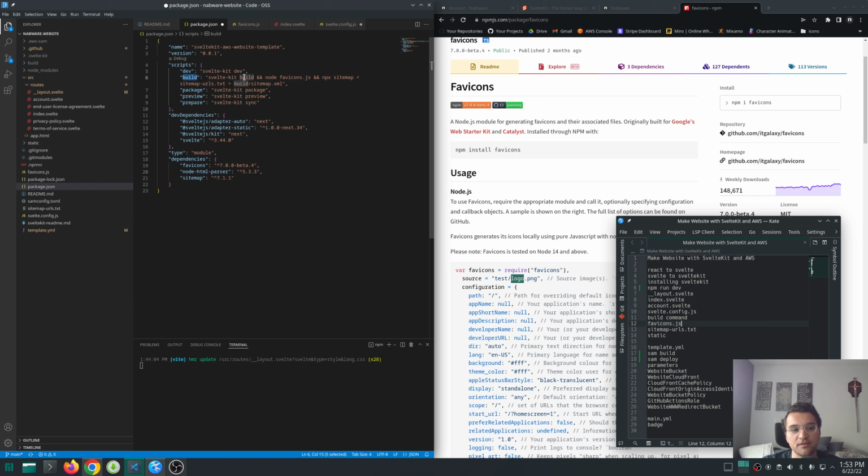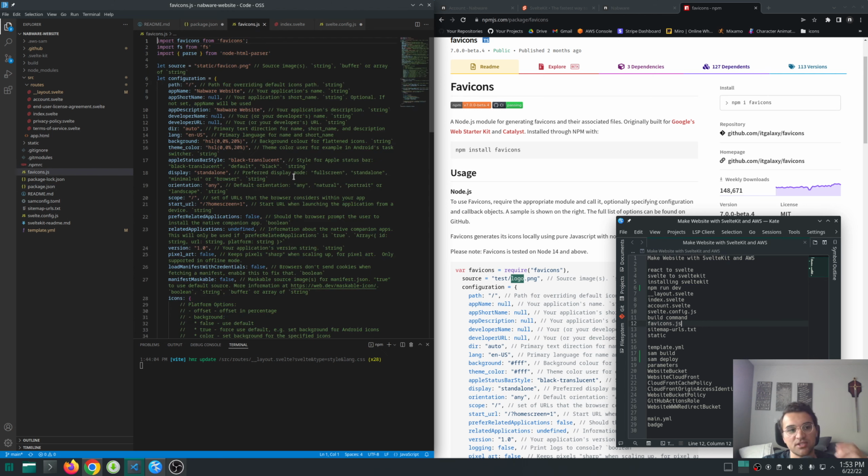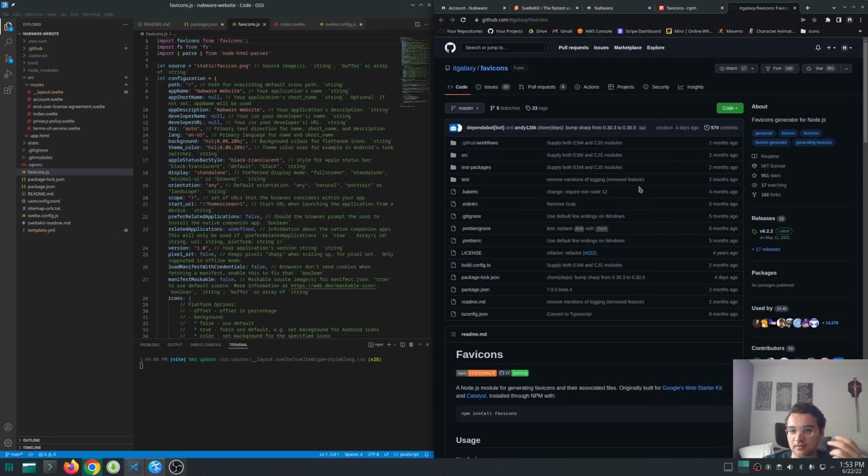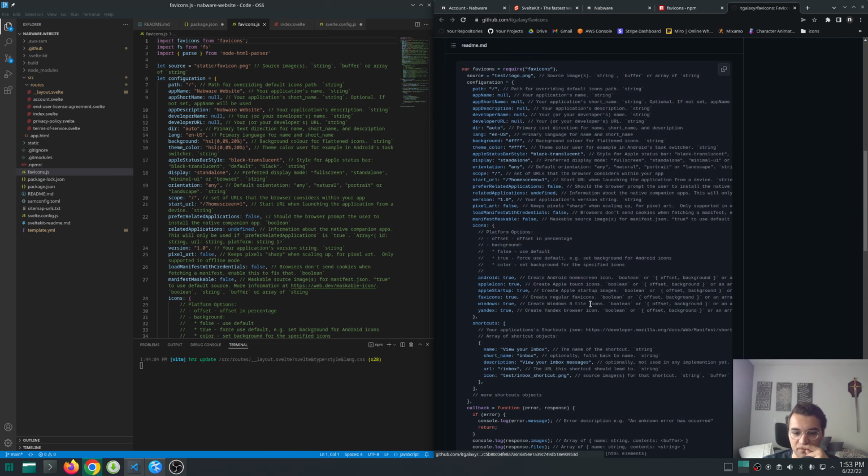I'm calling it after the SvelteKit build. So this says SvelteKit build, meaning only continue if this was successful. Node favicons.js. So here's the favicons.js file. I just copy and pasted this whole thing. I actually technically probably got it from their GitHub page. I don't know if they're any different, but